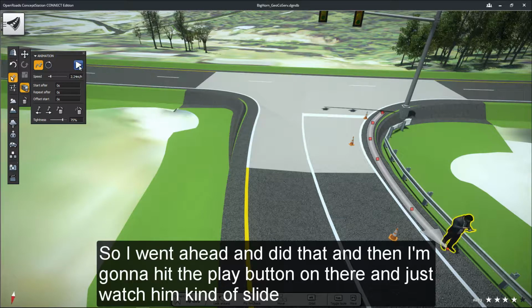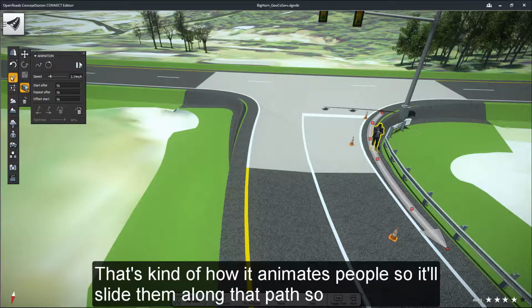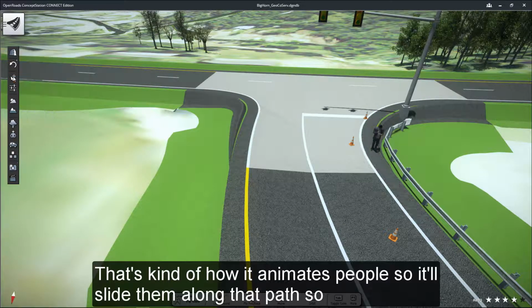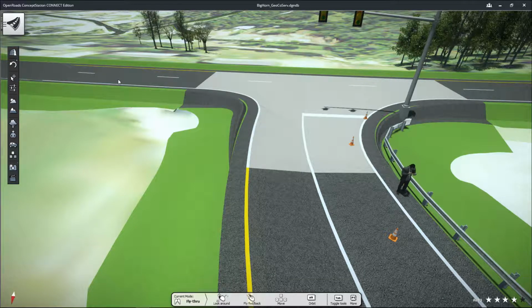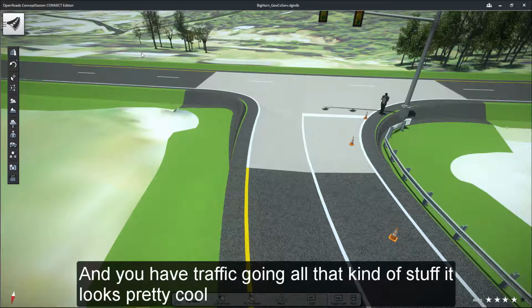So I went ahead and did that, and then I'm going to hit the play button on there and just watch him kind of slide along there. That's kind of how it animates people. So it'll slide them along that path. So that's kind of neat. I mean, overall, if you're zoomed out a little bit and you have traffic going, all that kind of stuff,